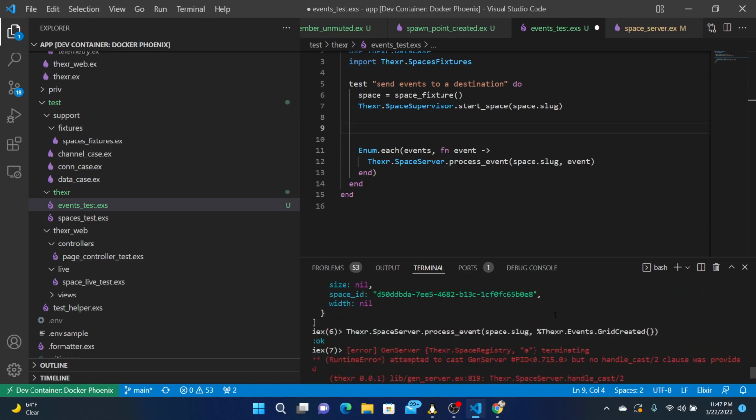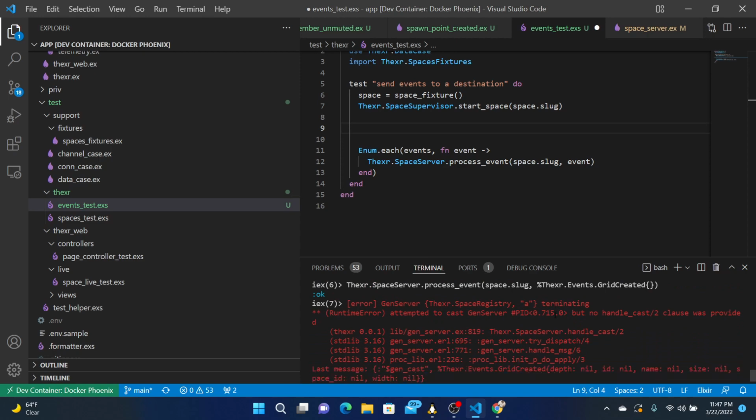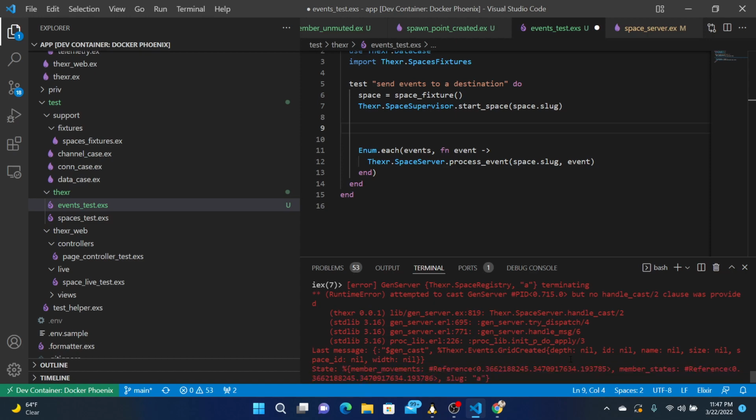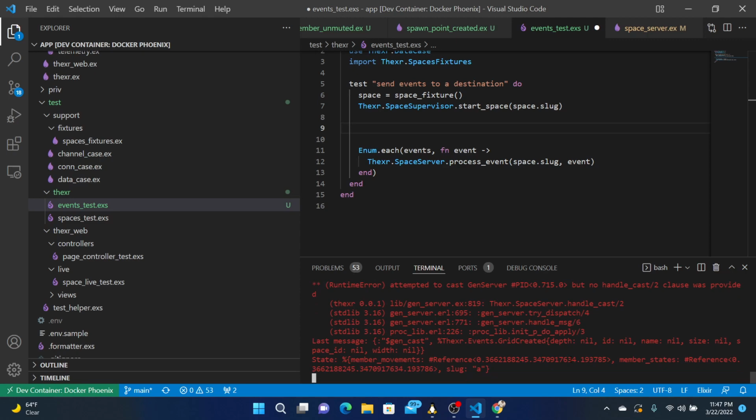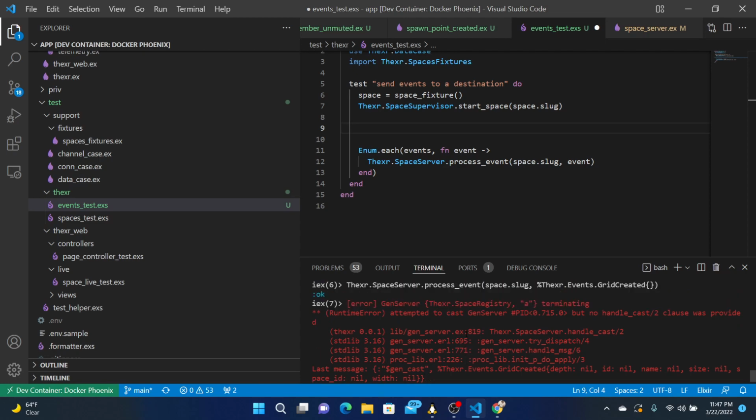Okay, gen server terminating, attempted to cast, but no handle cast clause was provided. Okay, so let's try a handle cast. Put it in there.